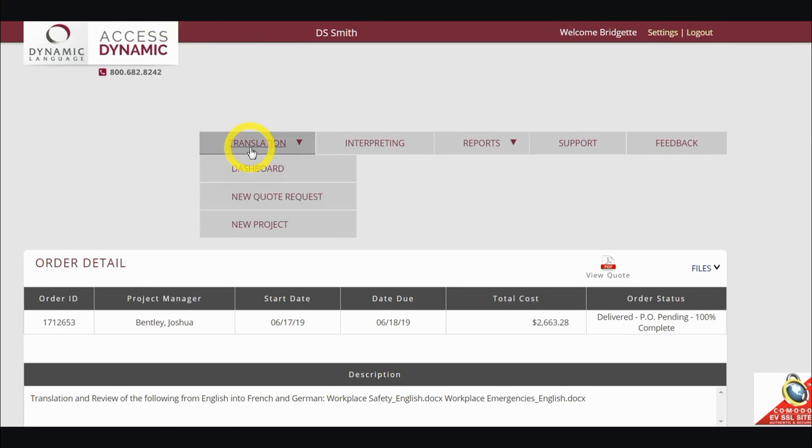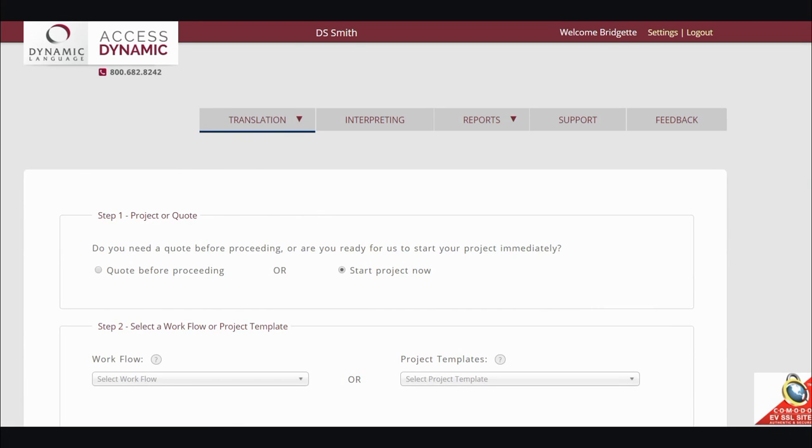Now to begin a project, please hover over the Translation tab, where you will be able to select either a new project, in which you do not need a quote sent to you for approval, or a new quote request, which indicates to the project manager that you would like to see the quote prior to proceeding with the project. For the purposes of this demonstration, we will select New Project. After selecting New Project, you will be directed to a new page outlining all steps to submit a request. Since you have already selected New Project, we can skip Step 1, as that is already selected as the default